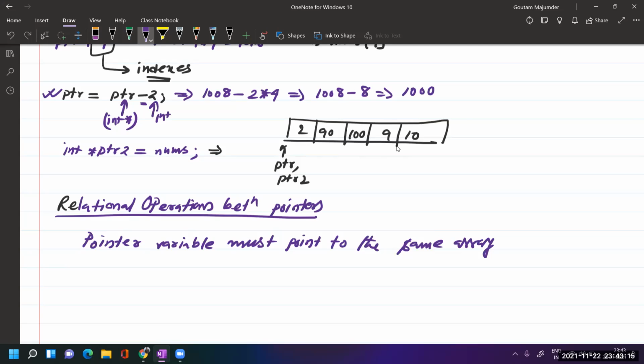So here you can see PTR2 is also pointing to nums, and earlier I did PTR equal to address of nums of 0. So both are pointing to the same array. Satisfied this. So now let's see what kind of relational operations we can do.